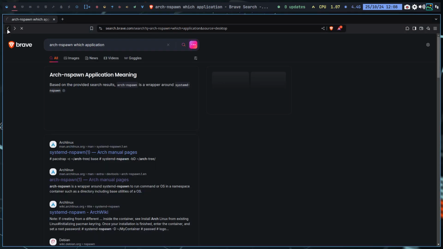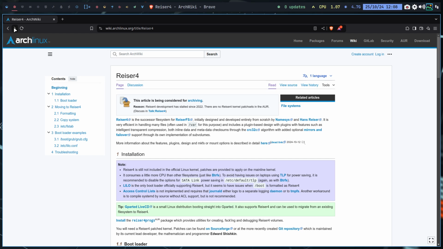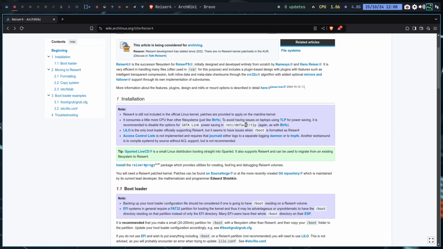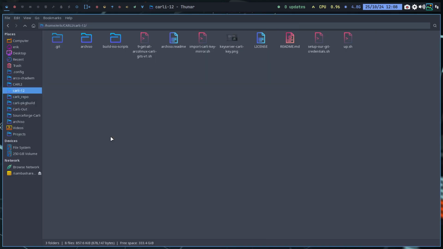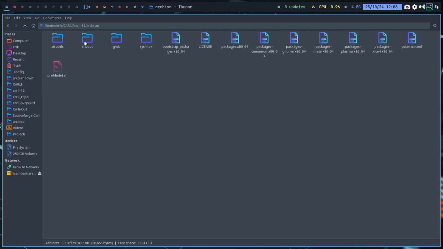I don't know if I can still find, here he is. Ooh, cool. Voila. ReiserFS development has stalled since 2022. There's no ReiserFS kernel patch sets in the AUR. The talk is, well, will we support it? And obviously, as you see, the ArcoLinux ISO is not including ReiserFS programs anymore, which means we need to do something, because Calamares actually does support them in the